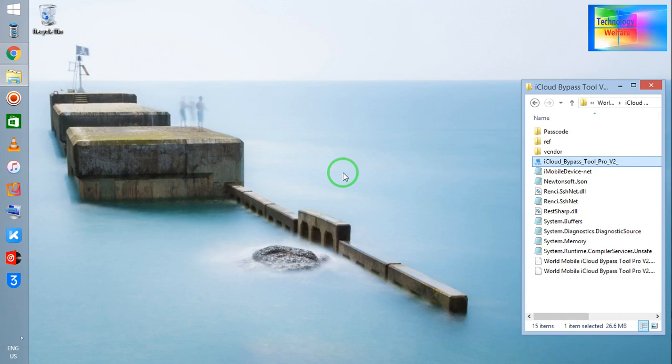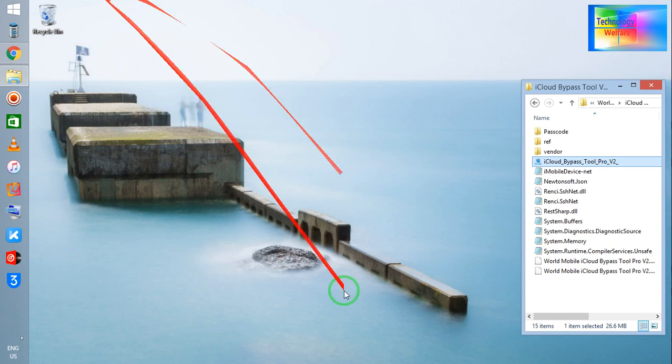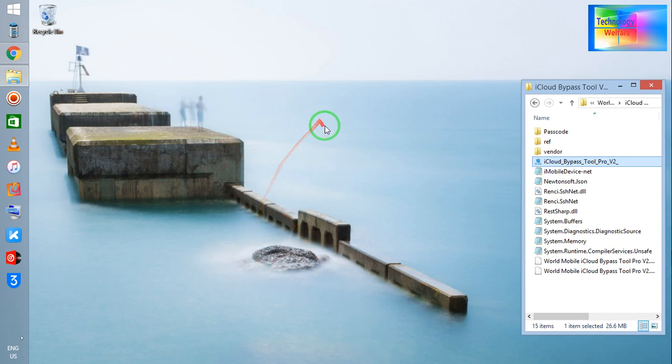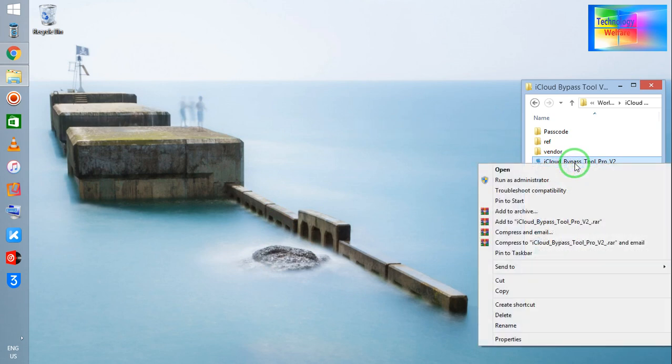Let's see in this video tutorial how to fix especially GSM carrier lock on any iPhone device. So if you are using an Apple device and there is a GSM carrier lock, then how will you wipe it out completely, or how will you fix the GSM carrier network lock? So see guys, for it you just need to